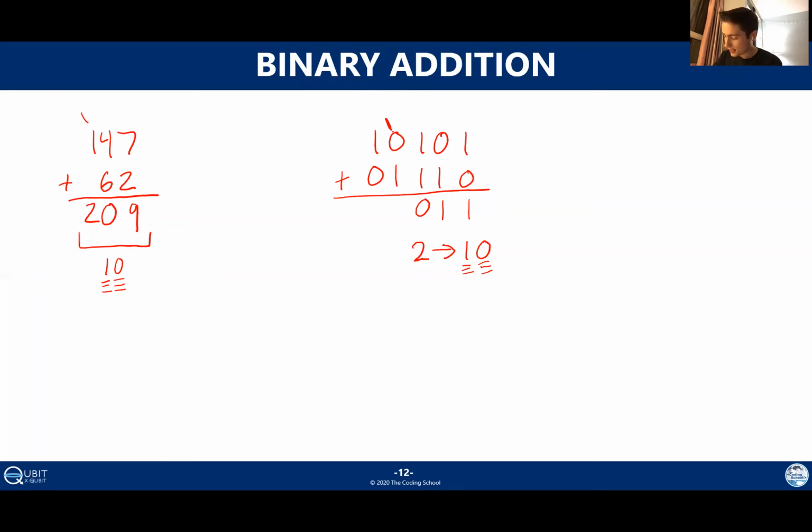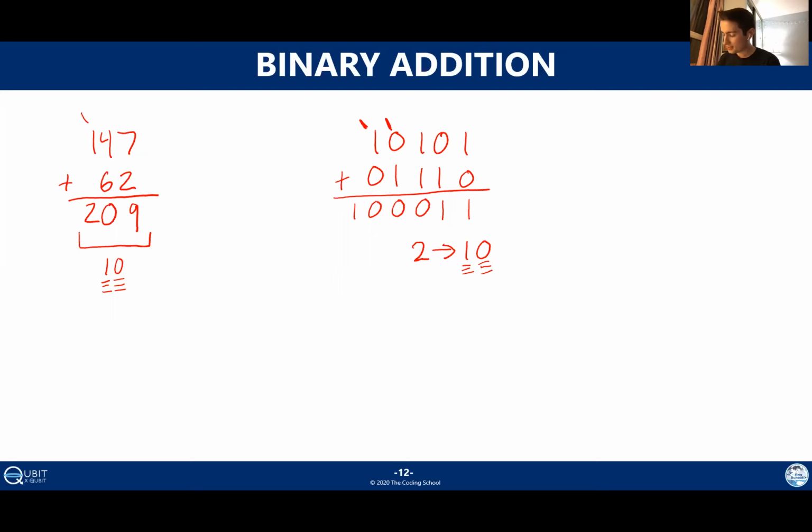Now, I'll go ahead and add this column here. And again, we get 1 plus 1 is 2. We can't write 2 there. So instead, we're going to write the last digit of 2 plus a carry. And then same deal again. This column, we get 1 plus 1 is 2. So I'm just going to finish this off by putting the binary representation of 2 as our sum.